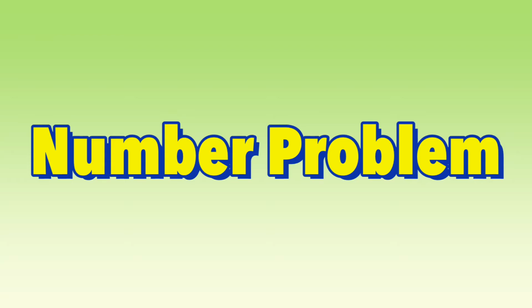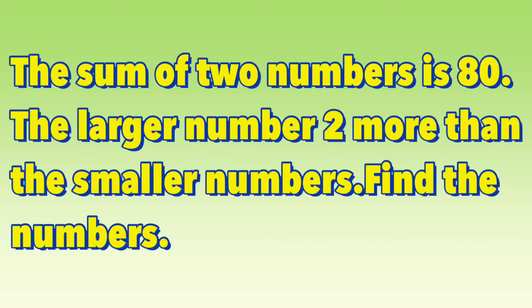Today we have to continue the number problems. Number 5: The sum of two numbers is 80. The larger number is 2 more than the smaller number. Find the numbers. So the same, we're going to have a representation first for our understanding of this problem, and